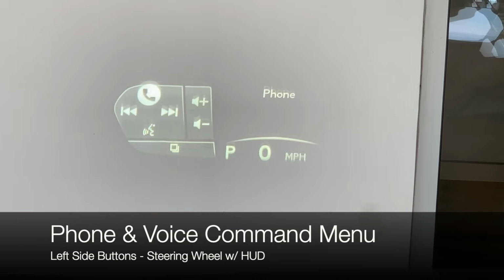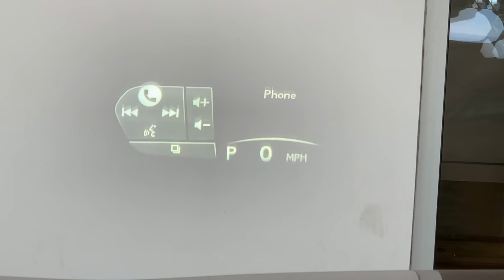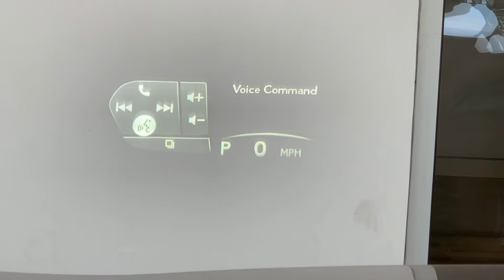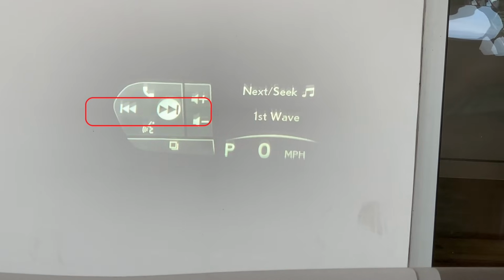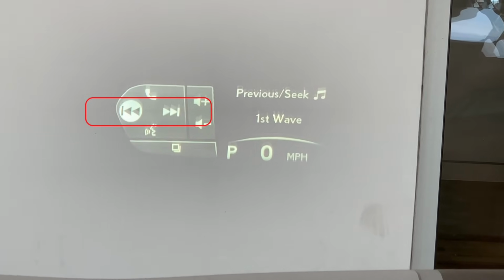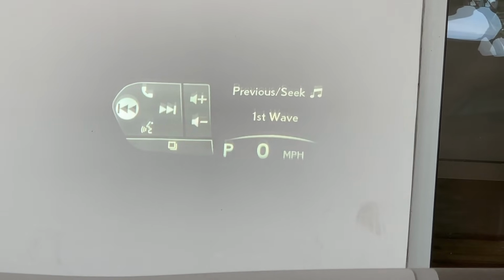And now you'll see we have a phone icon at the top and a voice command icon below. When you have an incoming call, that phone icon will light up. You'll just touch the up arrow and then press the up arrow to answer your call. You have additional audio controls, again with the left and right facing arrow, that will move you through those radio